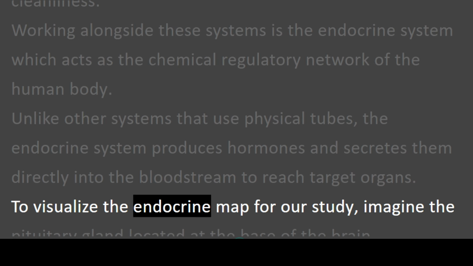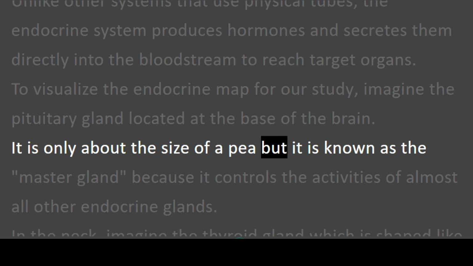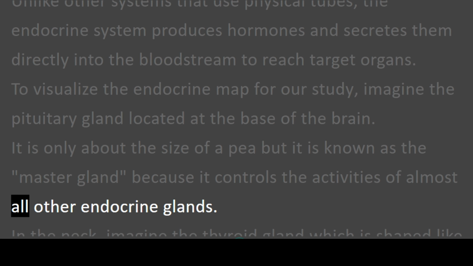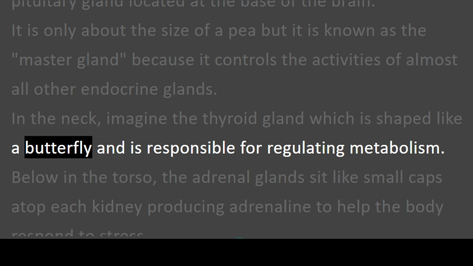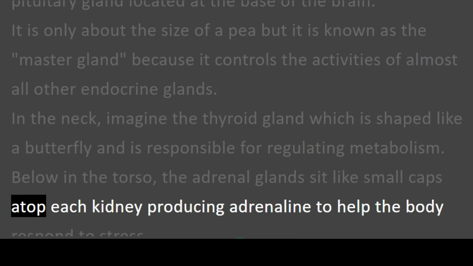To visualize the endocrine map for our study, imagine the pituitary gland located at the base of the brain. It is only about the size of a pea, but it is known as the master gland because it controls the activities of almost all other endocrine glands. In the neck, imagine the thyroid gland, which is shaped like a butterfly and is responsible for regulating metabolism. Below in the torso, the adrenal glands sit like small caps atop each kidney, producing adrenaline to help the body